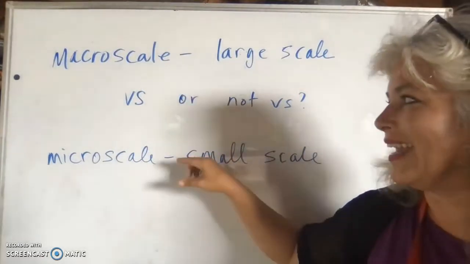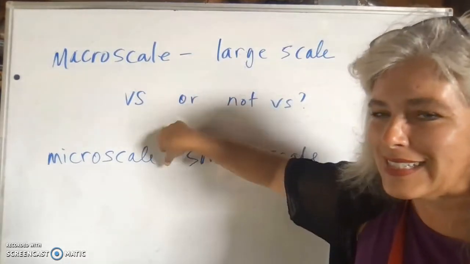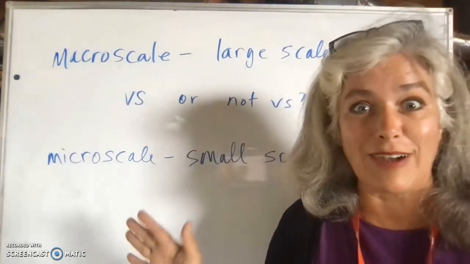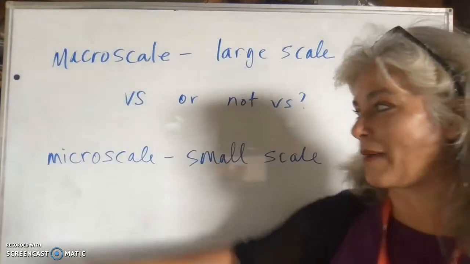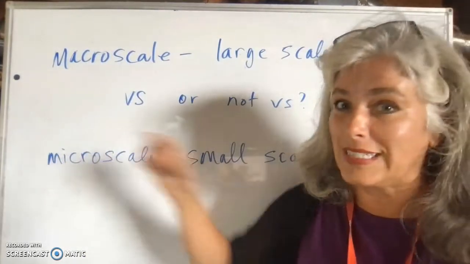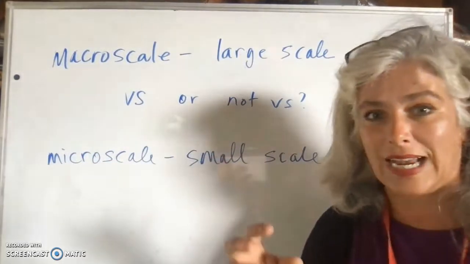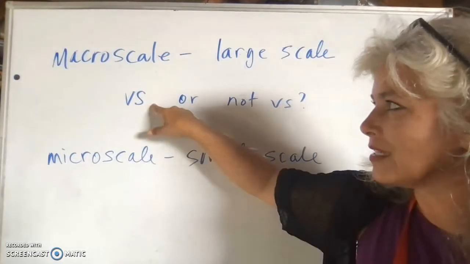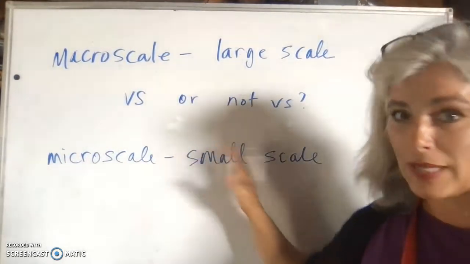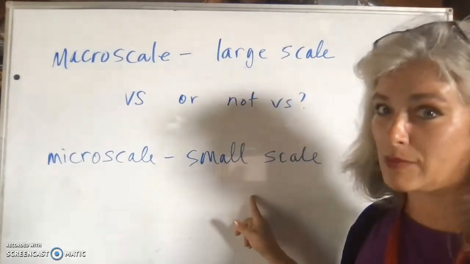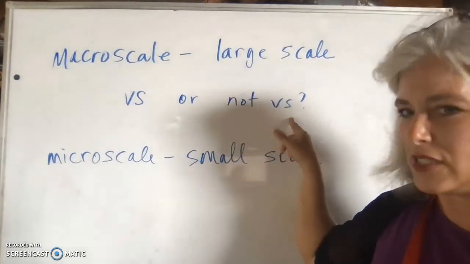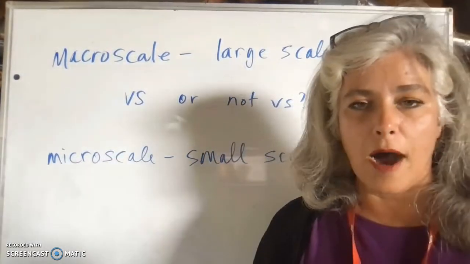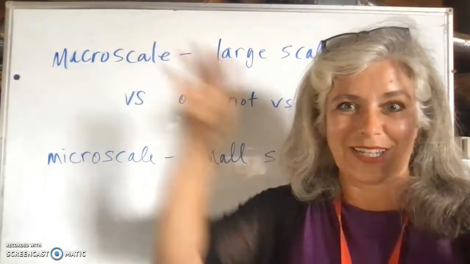It's the connection between. The only reason they are versus is because they have two different definitions, and it's very close spelling, so I don't have a special trick to remember which one is which, except the microscope in biology looks at tiny things. Maybe you can think of that. Microscope looks at tiny things. So maybe it's a little easier to remember with that trick. So they're versus only because the definitions are different. And please, I hope by now you have more in your notes than just large scale and small scale. But they are not versus because you really don't have them. They aren't opposing forces. You really don't have them existing in bubbles that don't touch each other.